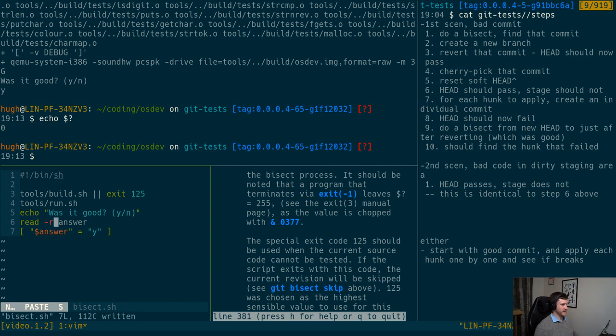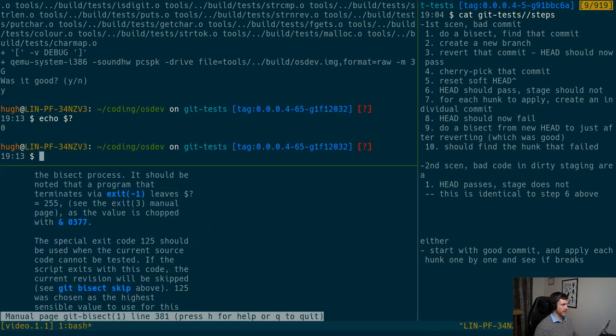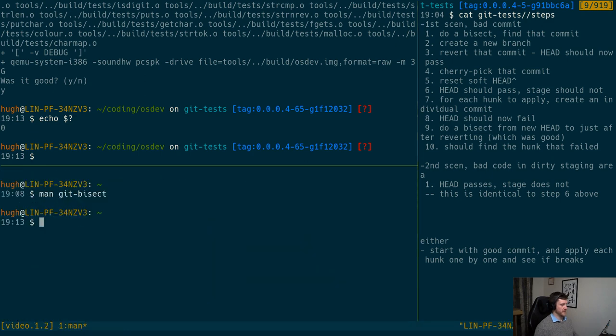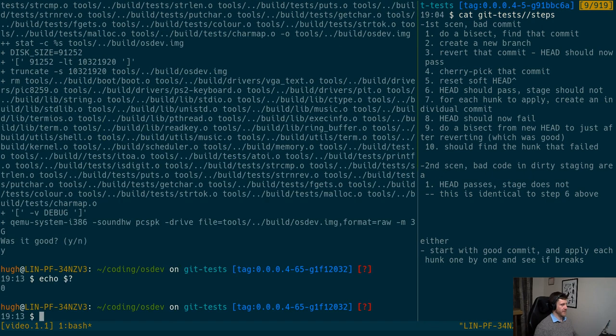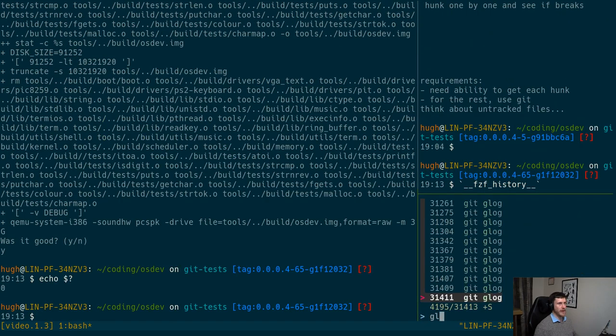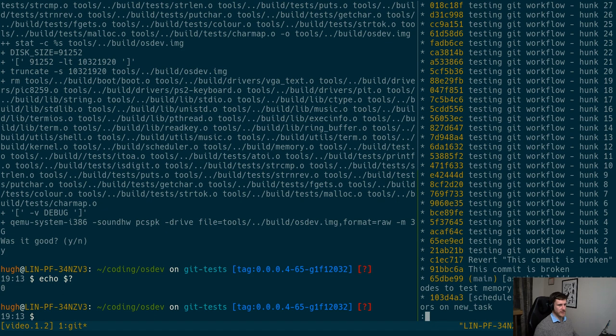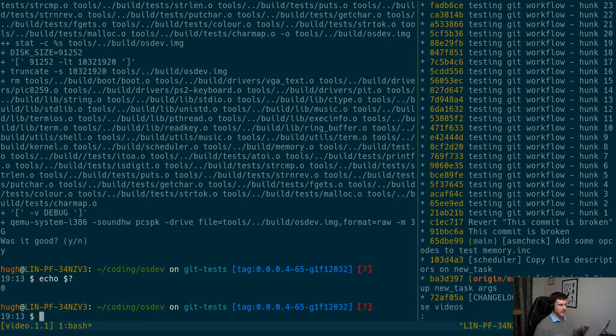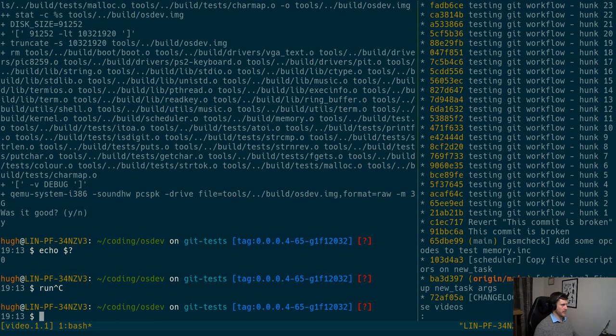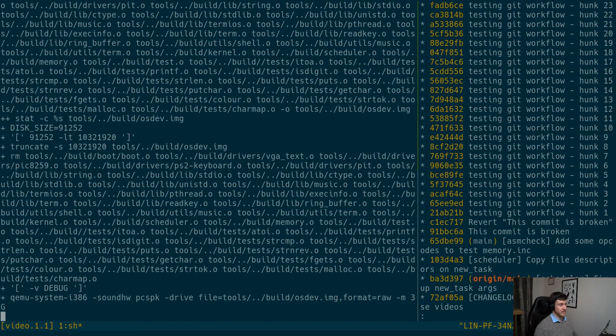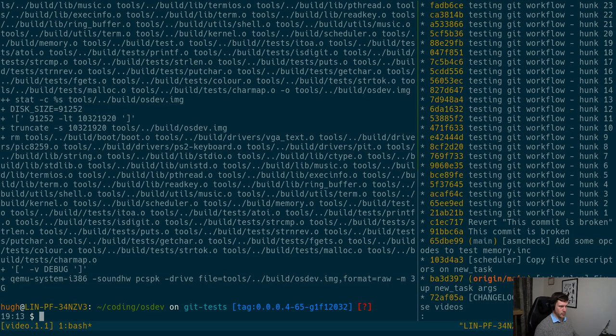Yep, I'm happy with that. So that's a decent bisect script. So what we can do is maybe go glog. So we've got a bunch of things, and we want to look at the... So we're currently at the top, and we are currently bad. Yeah, we're currently bad, but the good one should be